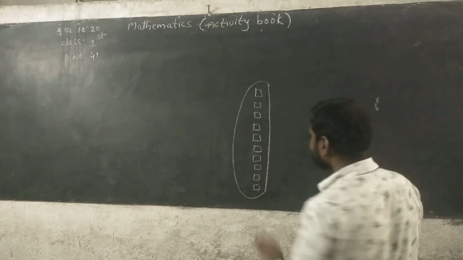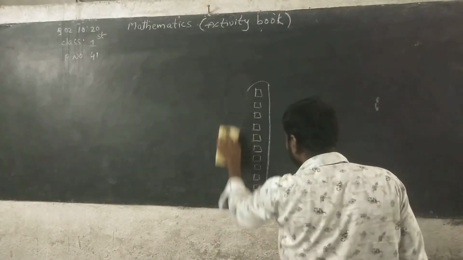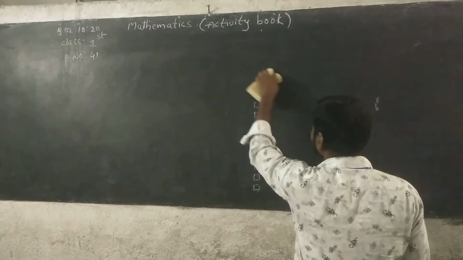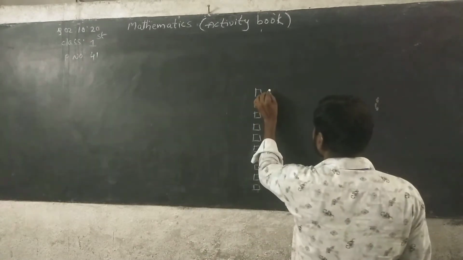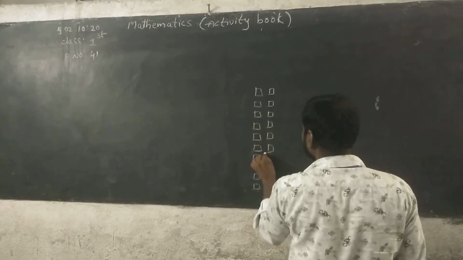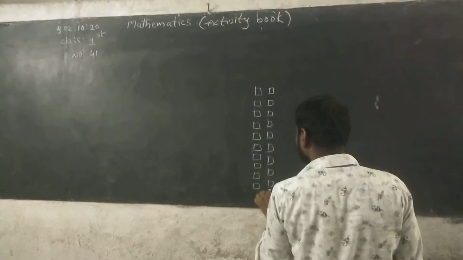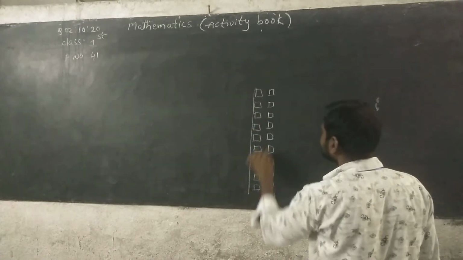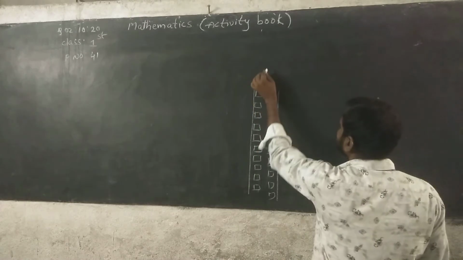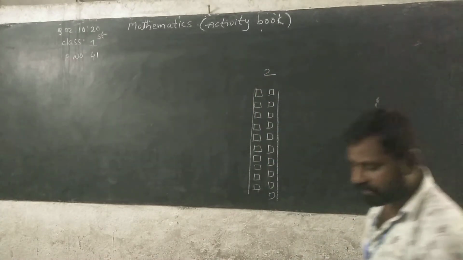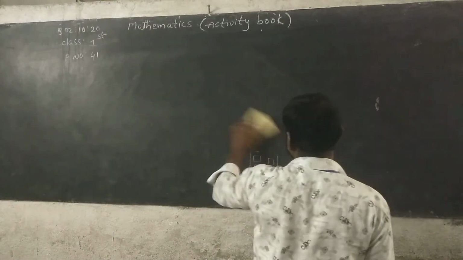So for example here, 10 boxes. How many piles are there? You can first count: 1, 2, 3, 4, 5, 6, 7, 8, 9, 10. So this is one pile, which means you can write it in the tens place. Did you understand? Like that only, you can do today's problems.